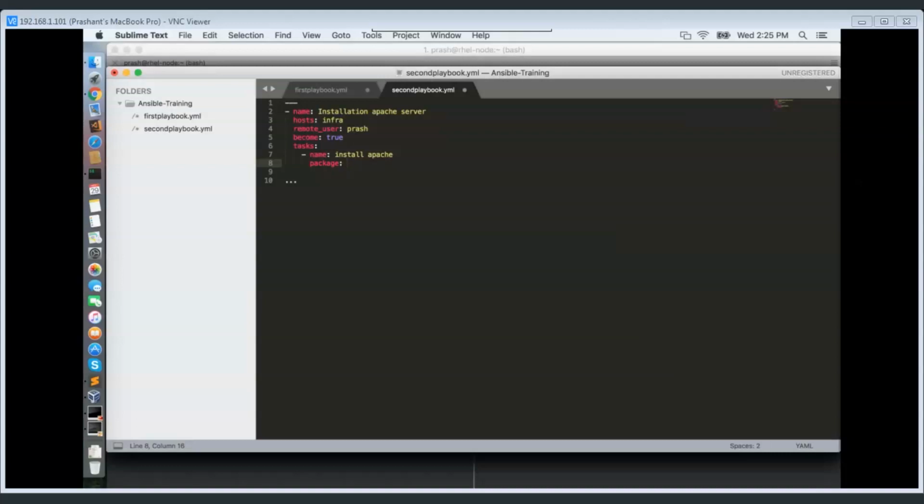Correct. Now to write the task, there are 2 ways. First is the YAML standard format, and another is the standard text format inside the YAML file. I'll show you both ways. So I'm calling the package module to install the web server, and the package name is okay. What are the arguments of any module? You can just Google it. I'll show you the URL. Yesterday also I had given you